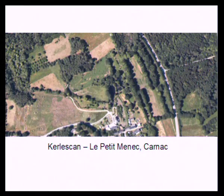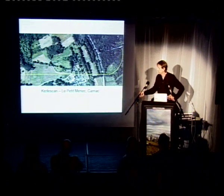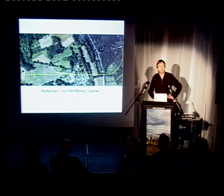The third part of the alignments is called Kerlescan Le Petit Menec. It's got 2 names because it's been divided into 2 by a road. So the left-hand part here is called Kerlescan. The right-hand part, which is on a curve, is called Le Petit Menec. These alignments are on an east-west angle. And they have a perpendicular line at the beginning, which is north-south, but I won't have time today to go into detail on this site,